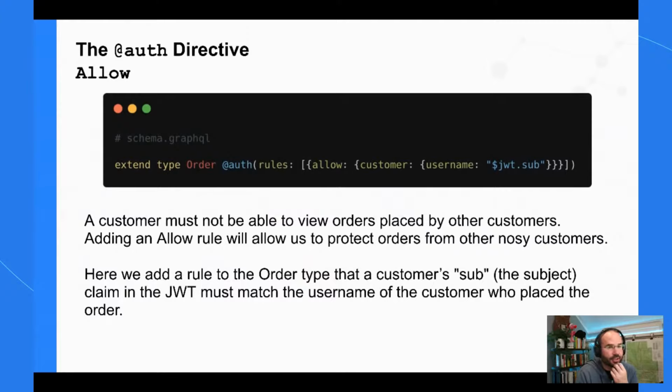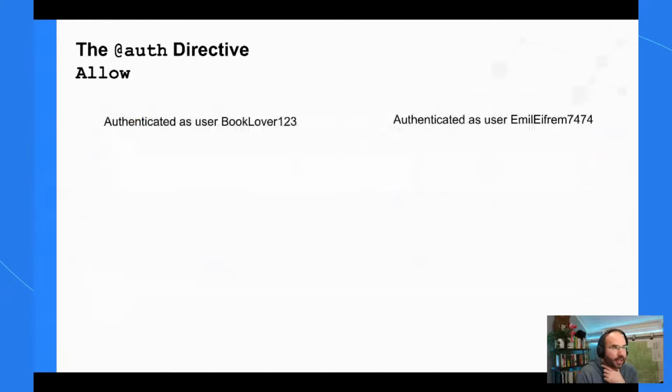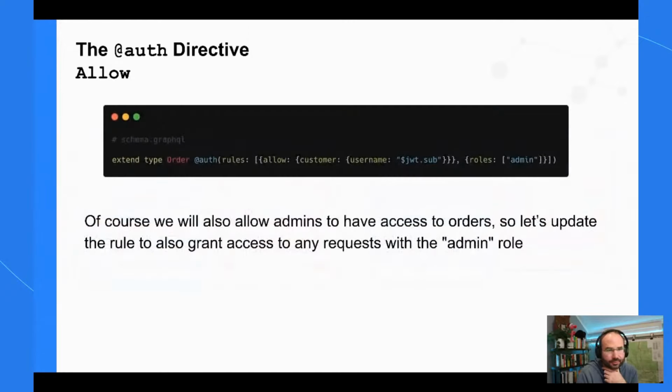So here we're saying that a customer can only see their orders when the sub claim, so when the subscriber of the token, matches the customer username. So only show orders that are connected to the currently authenticated user, basically. And then I can combine these, so I can say either the currently authenticated user, or if you're an admin, you can see